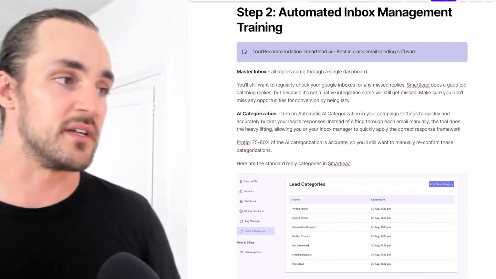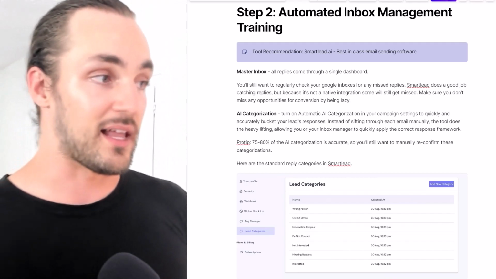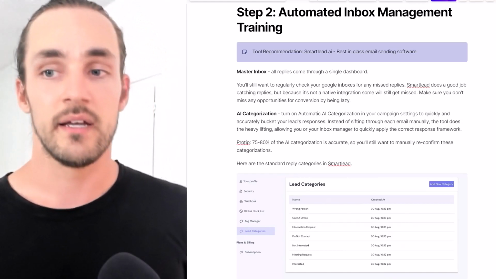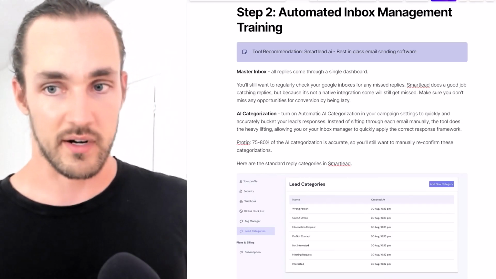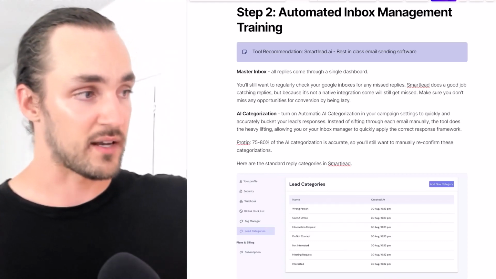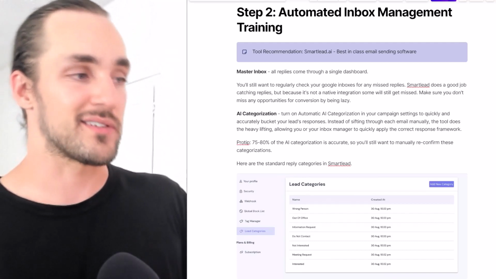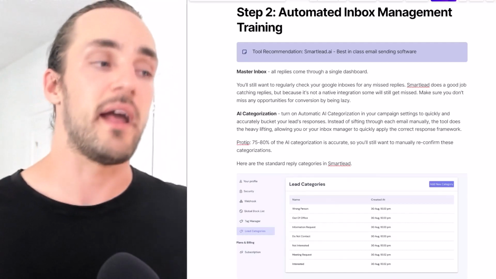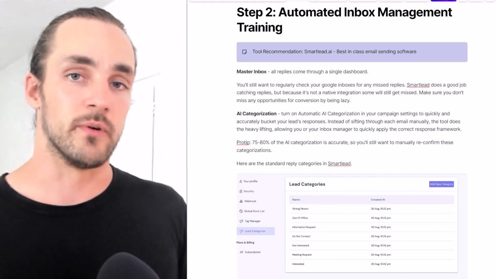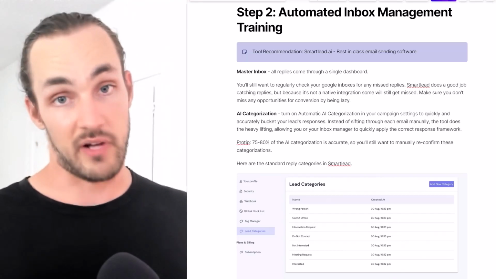So basically what that means is, instead of sifting through each email manually, the tool does a lot of that heavy lifting and allows you or your inbox manager to quickly apply the correct response framework. So a quick pro tip here is that 75 to 80% of the AI categorization is accurate. That means there's still going to be some misses, so you'll still want to manually reconfirm these categorizations. But ultimately, this is a really useful feature to help you triage and respond to the most relevant messages very